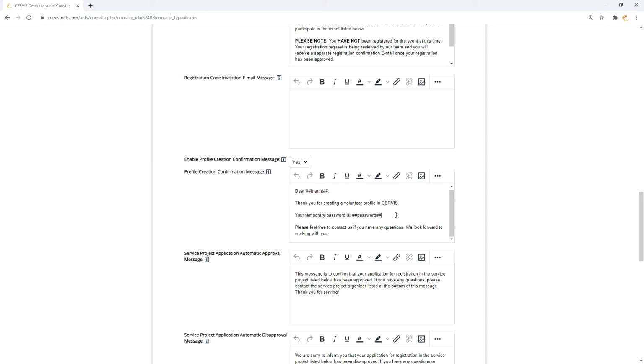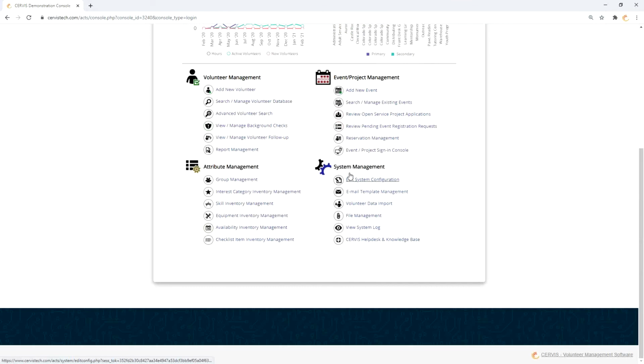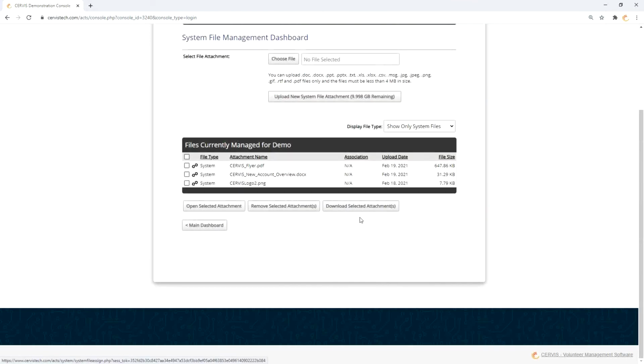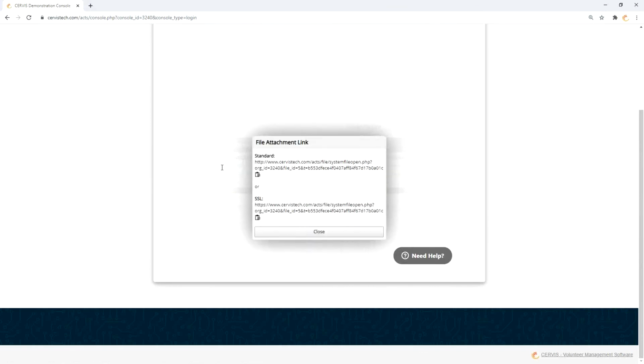If it's something that you need volunteers to download as like a document, as opposed to viewing it online, then what you could do is you could actually host that in Service and then just link to it in here. So where you would upload a document is under the main dashboard, under System Management. There is a File Management section. In here, you can attach a document to your system, and that'll produce this direct file link. You can grab that link,